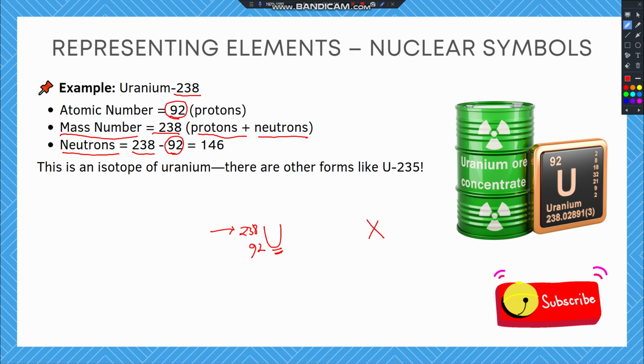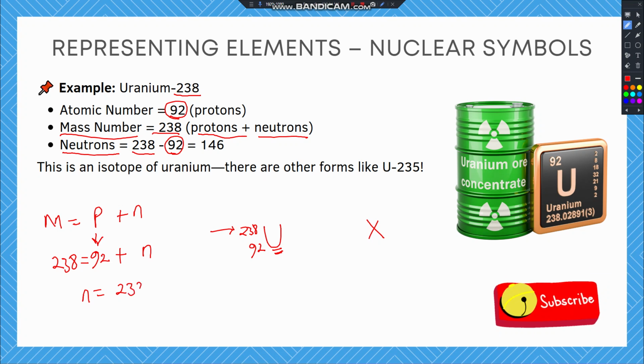So now that we have the atomic number and the mass number, if they ask us to calculate the number of neutrons, remember, mass number M is equal to protons plus neutrons. The number of protons is the same as the atomic number, which is 92. We don't know what the number of neutrons is, so let's leave it as N. The mass number, on the other hand, is 238. If we do a bit of math, N will now be equal to 238 minus 92. When we do the math, that ends up giving us